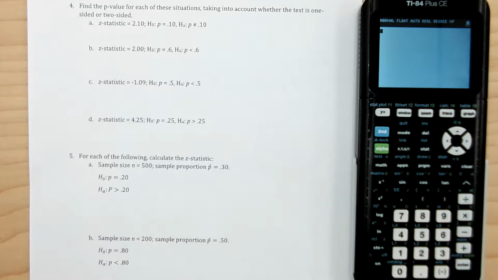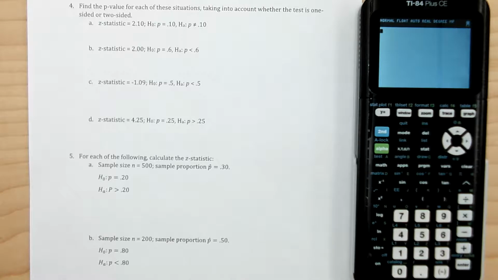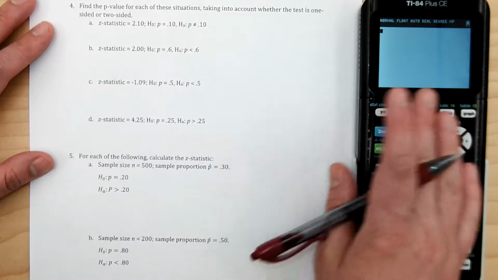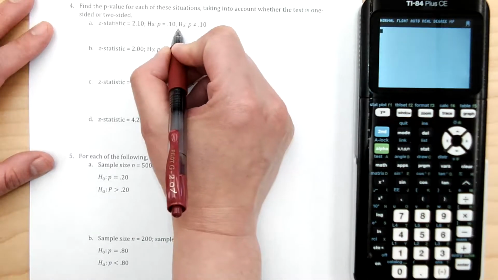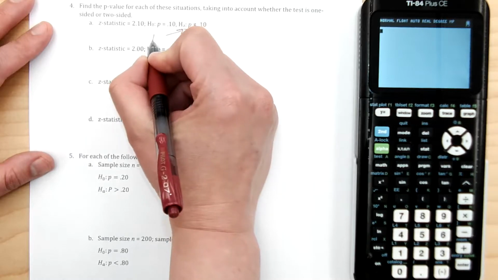This is a video on how to use the Normalcdf function on your calculator. So this is when you want to find the area and you have your known value for your normal distribution. So we have a bunch of z statistics here, and we're going to use our distribution to find them. I'm going to do the very first one because it's probably the trickiest because it matches up with a